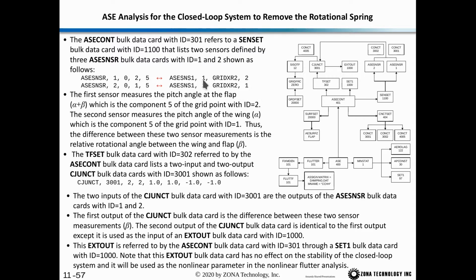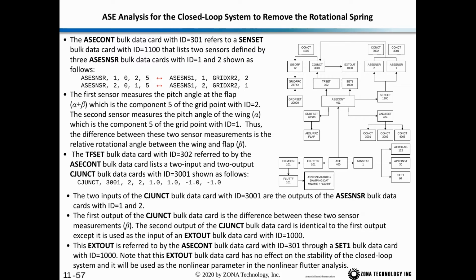So we can see that the first sensor is the y rotational displacement about grid point 2. The second sensor is the y rotation displacement about grid point 1. So the first sensor measures the pitch angle at the flap, which is alpha plus beta, which is component 5 of the grid point ID2, and the second sensor measures the pitch angle of the wing alpha of grid point 1. Thus, the difference between the two sensor measurements is the relative rotation angle between the wing and the flap,